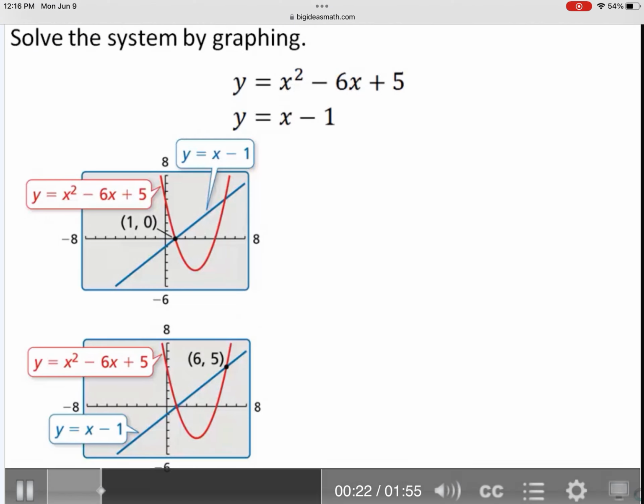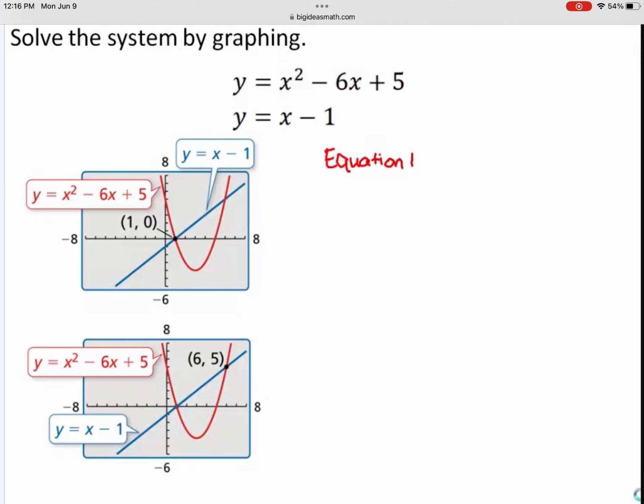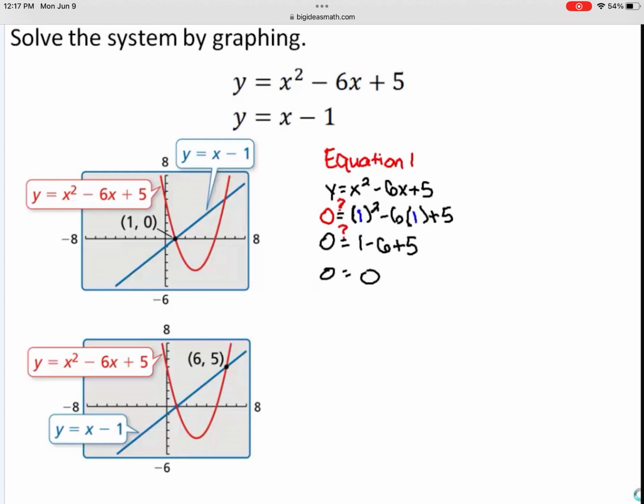First, check the point (1, 0) in equation 1. To do this, substitute 1 for x and 0 for y in y equals x squared minus 6x plus 5. 1 squared is 1 and negative 6 times 1 is negative 6. 1 minus 6 plus 5 is 0. Because 0 equals 0 is a true statement, (1, 0) is a solution of the equation y equals x squared